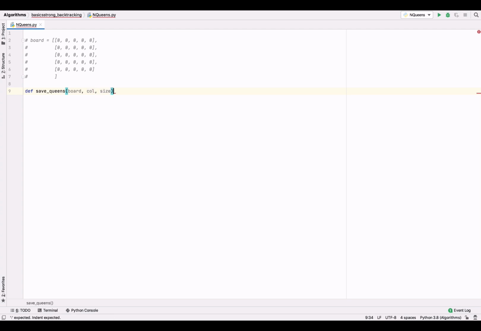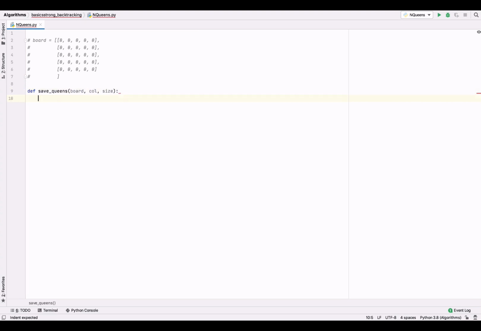Size is 5. Now here, as we're going column by column, we're going to run a for loop for each column to select the row at which we can place the queen for that column. Okay, so let's take the for loop, where i is row here, so i in range size. So in this loop, first for the cell, we will check if we can place the queen at that cell